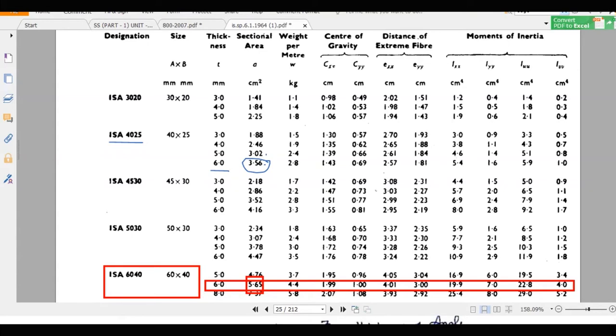So if I take this 40 25 angle section of thickness 6, I'm not going to get a proper section. It is not going to satisfy the slenderness check. So I'm going for a higher section. I can go for this 45 30, something like this. See here, this section here and here.